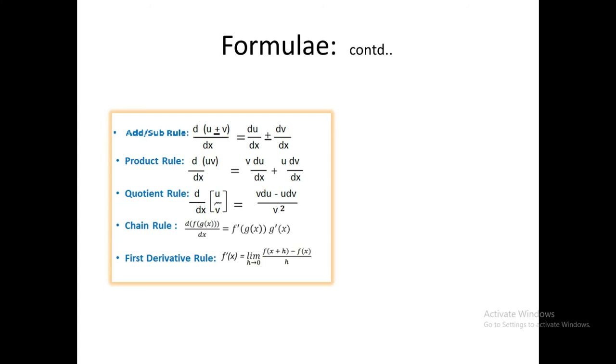Okay, and there is the first derivative rule, which is f dash of x equal to limit h tends to 0 of f of x plus h minus f of x, by h. We will see the rest in the next